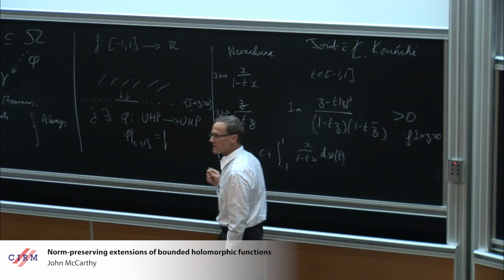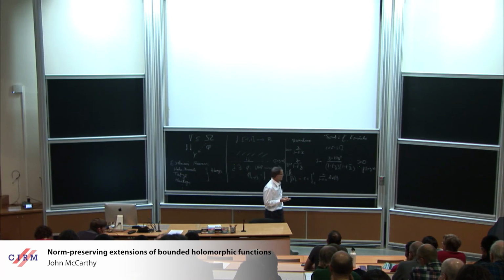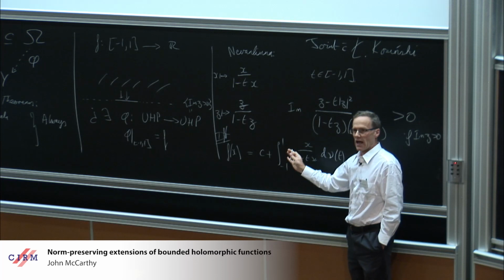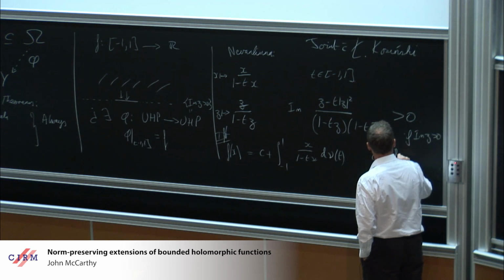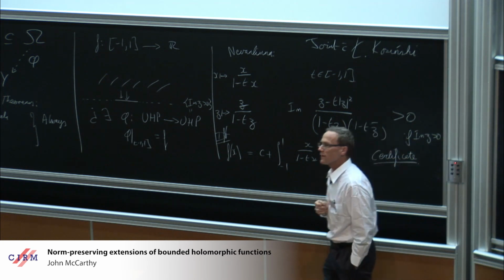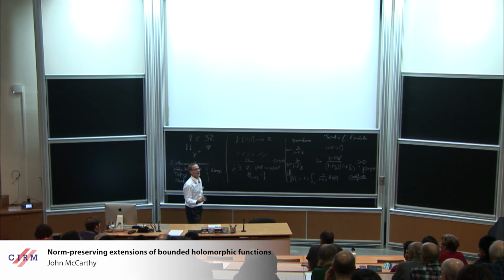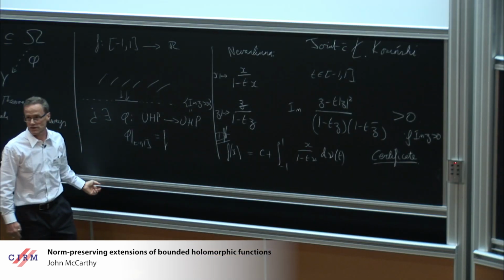Now the difference between Nevanlinna-Pick's theorem and these theorems is kind of the opposite extreme. It says you only have an extension if you can write the function in such a way that you obviously have an extension. So in real algebraic geometry, they call this having a certificate. A certificate means you're writing an expression in such a way that it obviously has some property you want. For example, you prove that something is non-negative by writing it as a sum of squares. That's a certificate. The Nevanlinna-Pick theorem says that you can solve this problem if and only if you have a certificate that shows you can solve it.